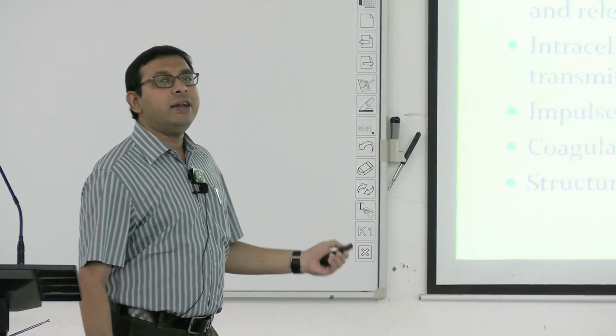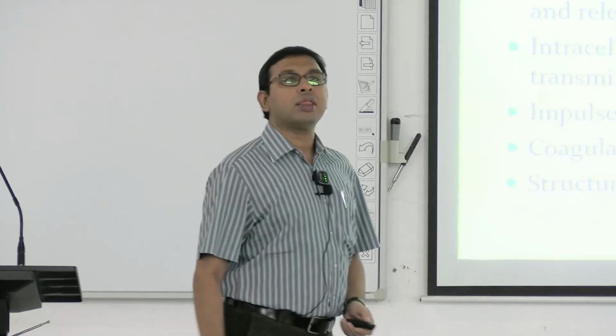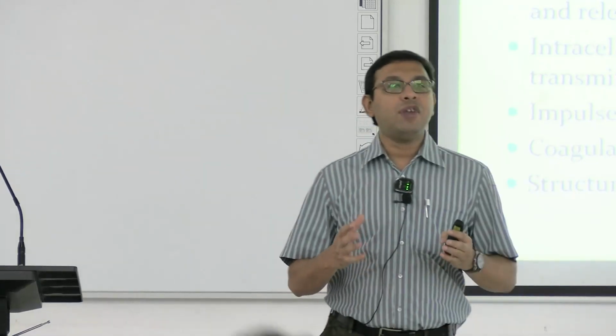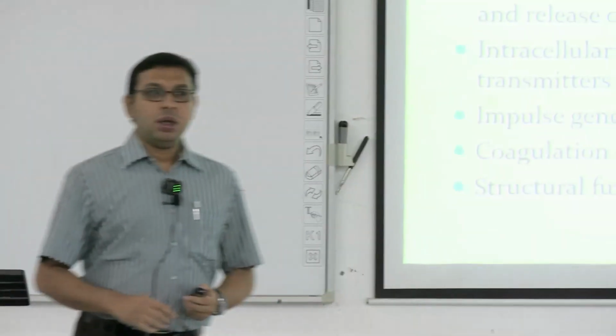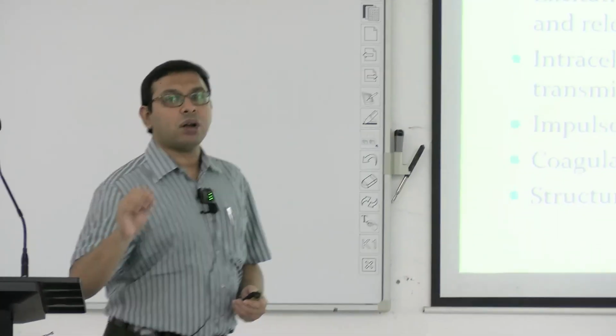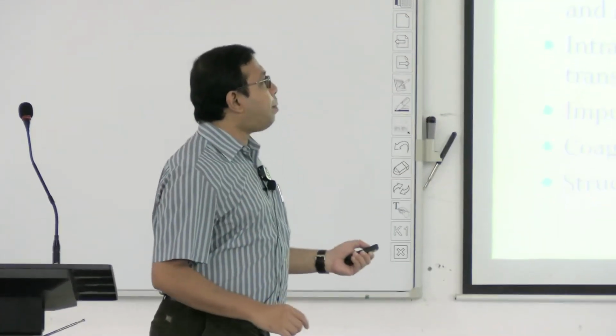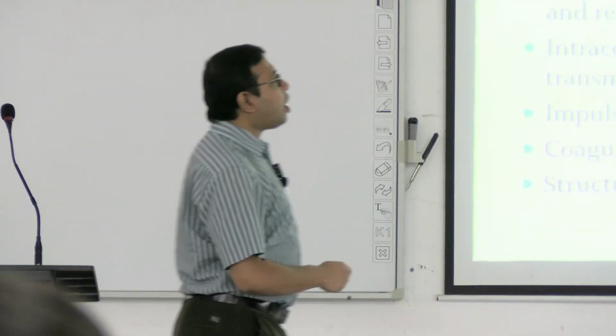It maintains the integrity of the cell, essential for excitation and contraction coupling. You have read in the physiology about the excitation contraction coupling that is needed for muscle contraction. So this is needed. Calcium is important for this excitation contraction coupling of all types of the muscles. Besides, it is needed for the excitation and secretion of endocrine and exocrine glands.